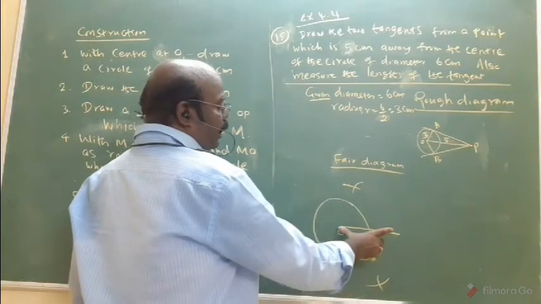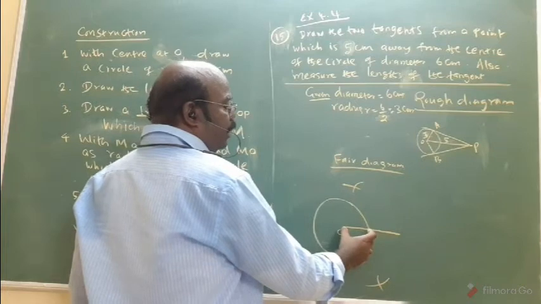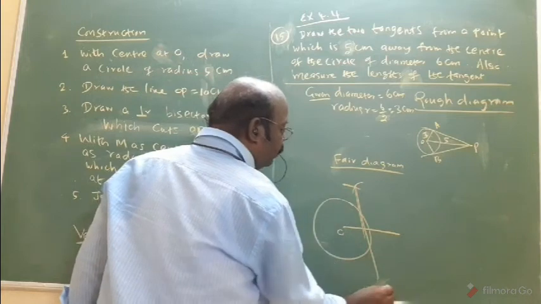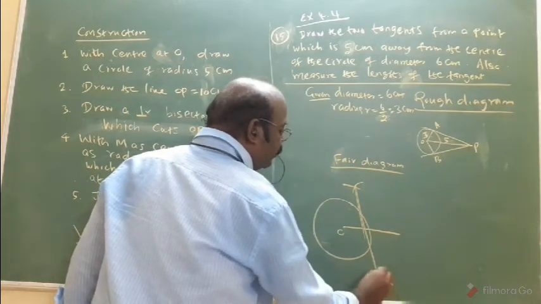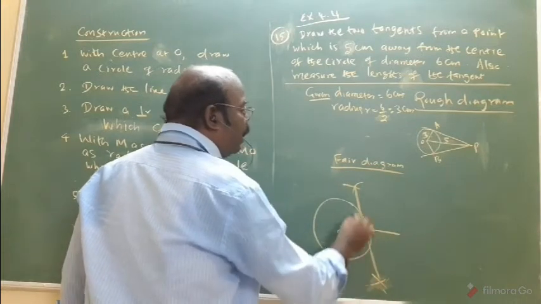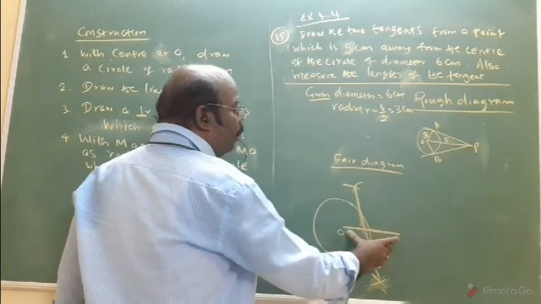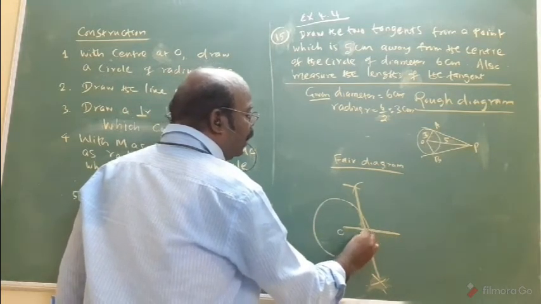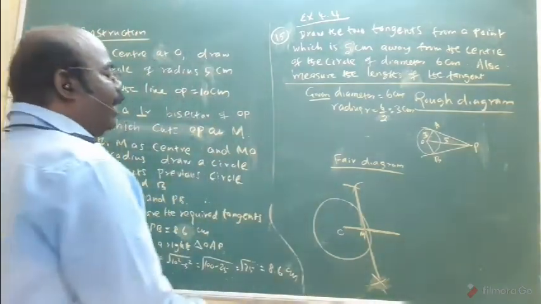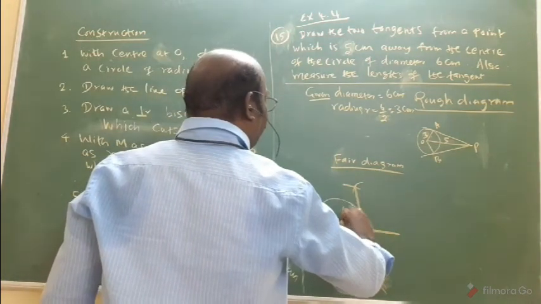Now actually the length is 5 centimeter. Diameter is 6, radius is 3 centimeter. But definitely the line is inside the circle only will come. That is important. Whether the circle is outside, on, or inside the circle is not a matter. But the line is 5 centimeter, so the midpoint is definitely half of the two points. That's important. Then with the midpoint as center, draw a semicircle.